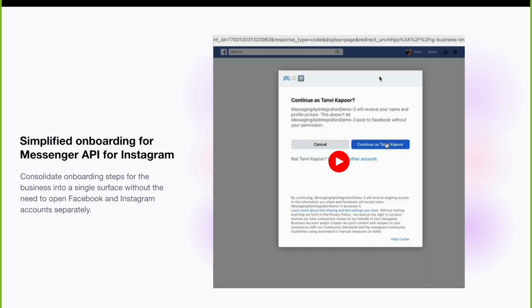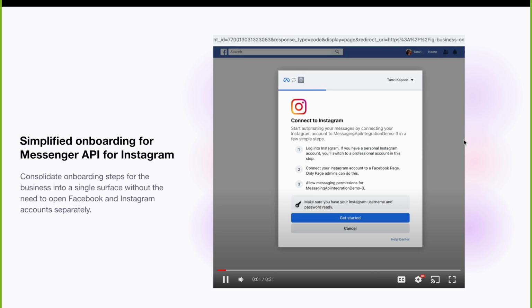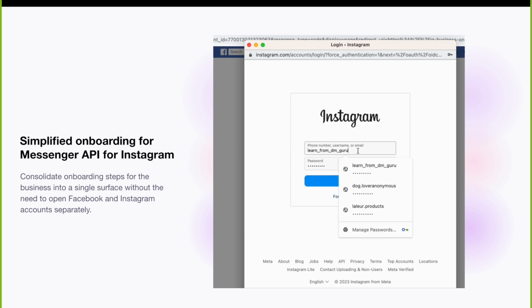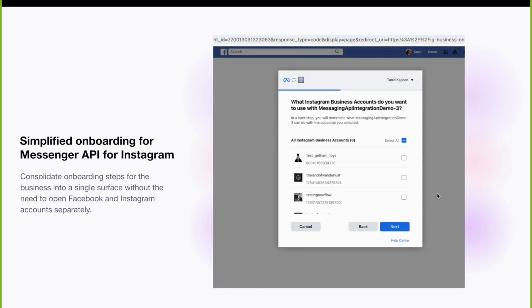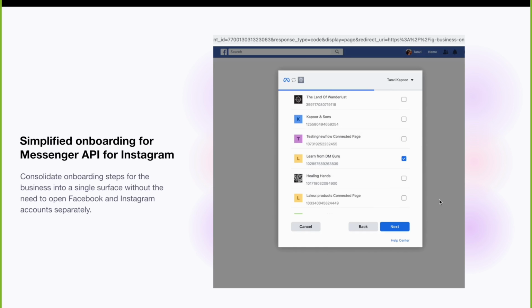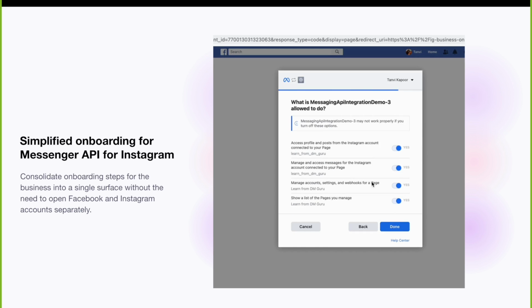This was obviously the very first version of the onboarding flow, and basis your feedback, we have improved this to create a guided flow via modal pop-ups that drastically improves the user experience. You can see a video of this right here on the screen. It reduces the number of steps required for the Instagram account to connect with your app by taking into account the permissions which are already in place, and takes the onus away from the user to navigate across different tabs by opening everything in a guided pop-up. A few clicks and you're done. The account is connected.